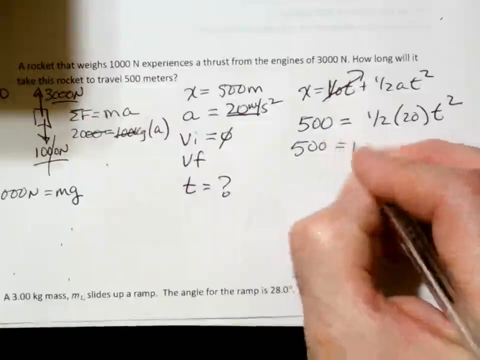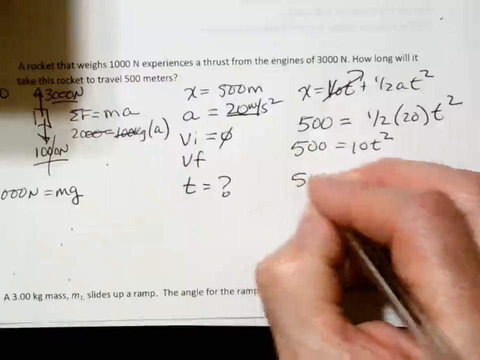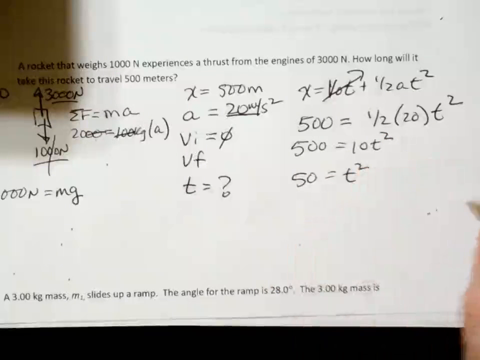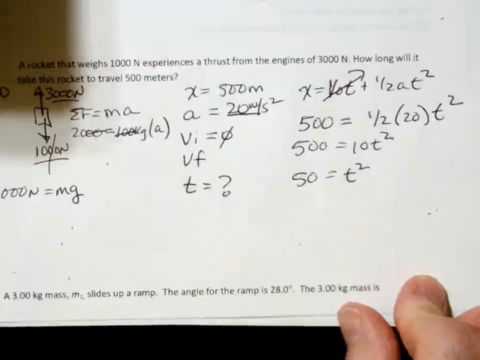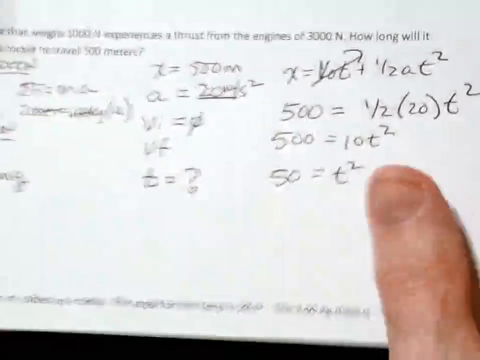500 equals 10 t squared. 50 equals t squared. I think, can you pick it up from there? Take the square root of both sides. That's about 7, right? Because the square root of 49 is 7. The square root of 50 is about 7. All right. The next question, unfortunately, is